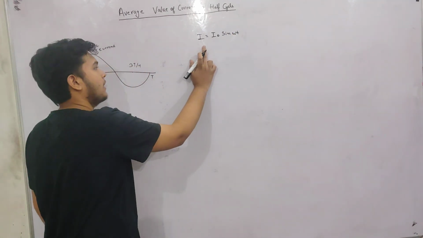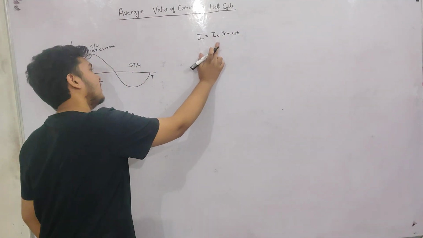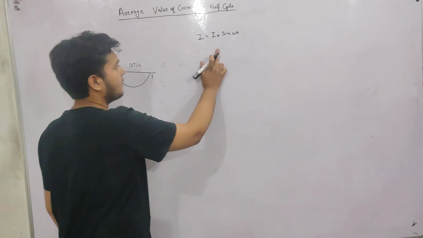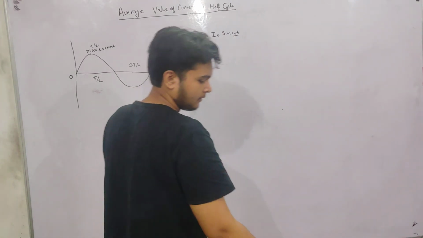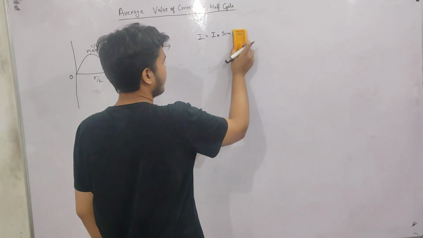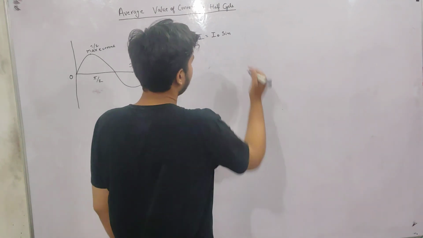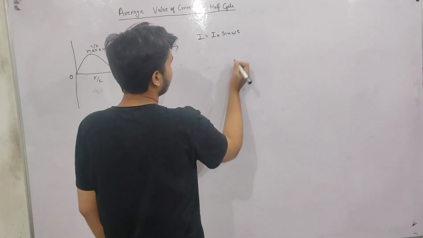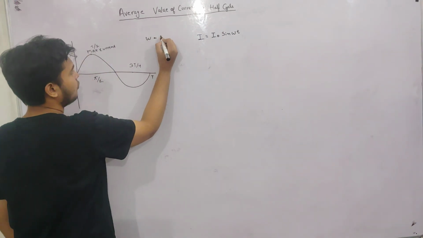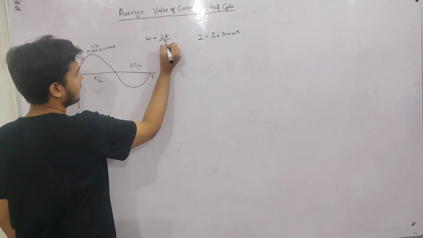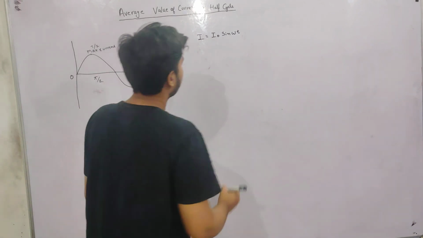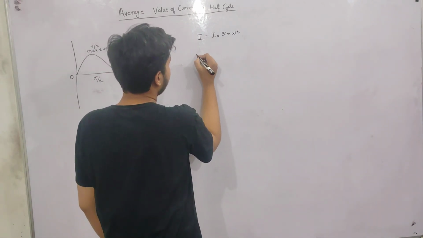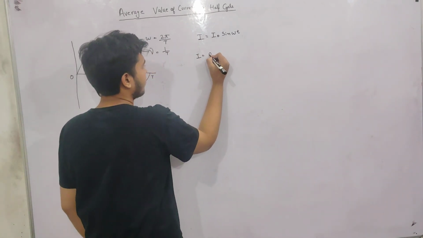I is the value of current, I naught is the maximum current attained by the circuit, sin omega t, where omega t is the angular displacement. Omega's value is 2 pi by T, and frequency is 1 by T. We know that current equals